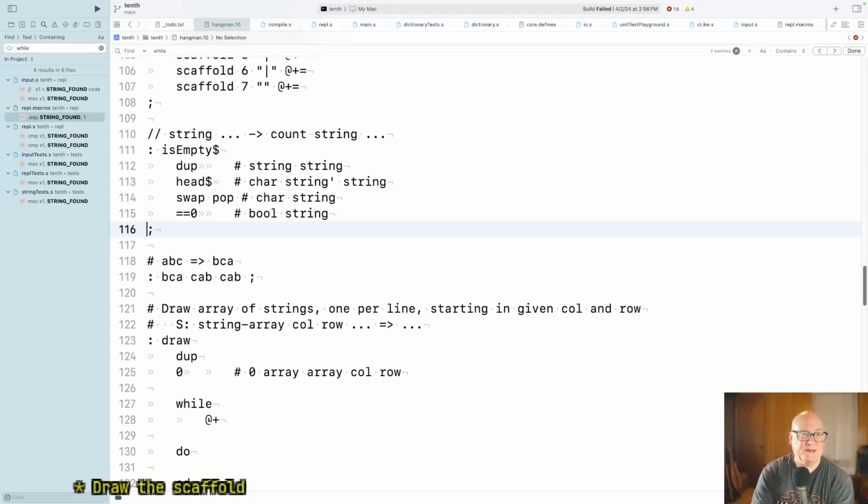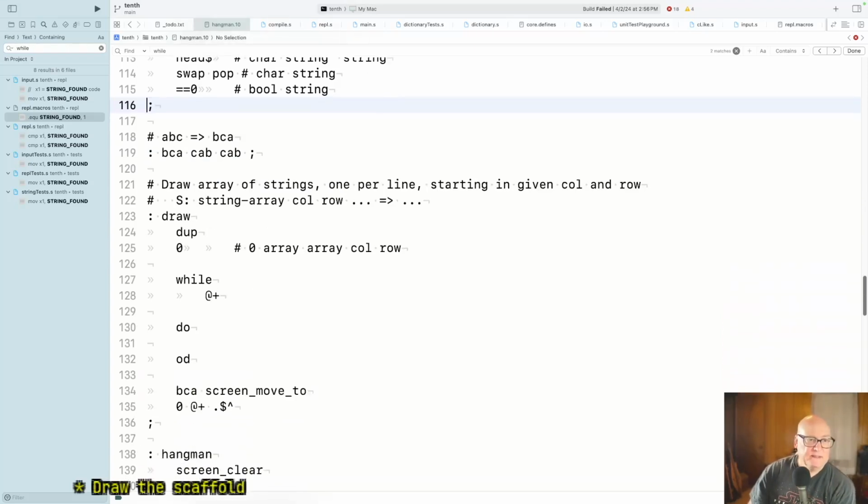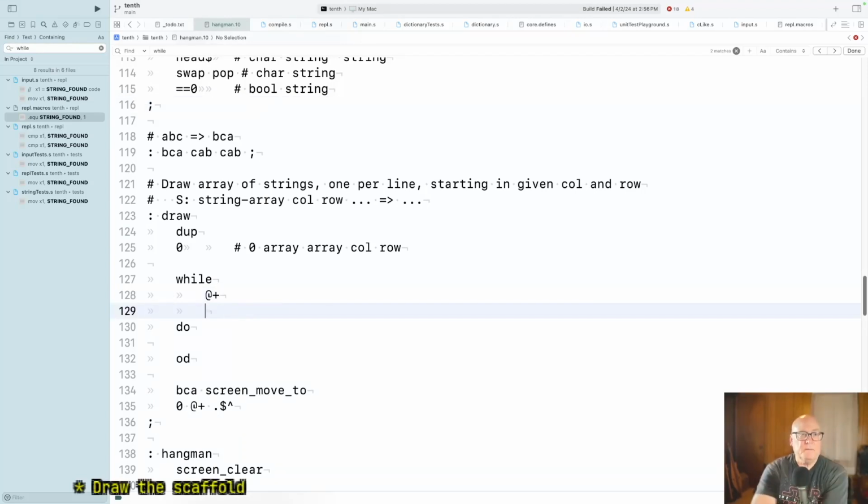So duplicate the top string, take the head, swap and delete. So that's really delete the second item. I wouldn't be surprised if pop 2 is kind of a familiar thing. That gives us the character and the original string, and equals 0 gives us the Boolean string that we want. Okay. Yes, that seems better. Okay, so we look up the string. And if it is empty,